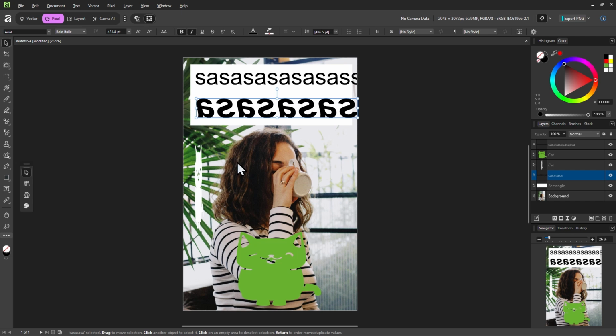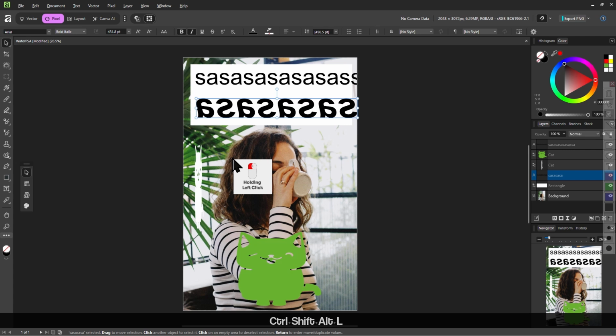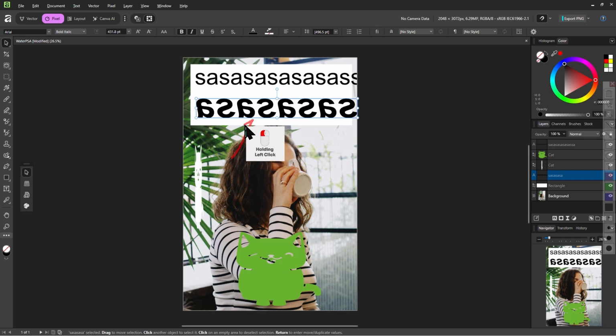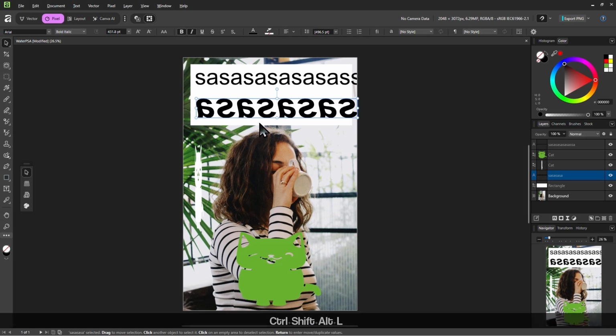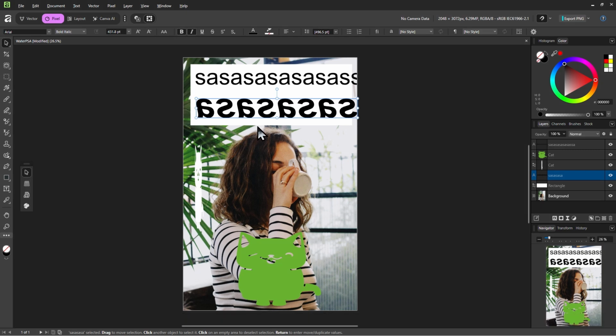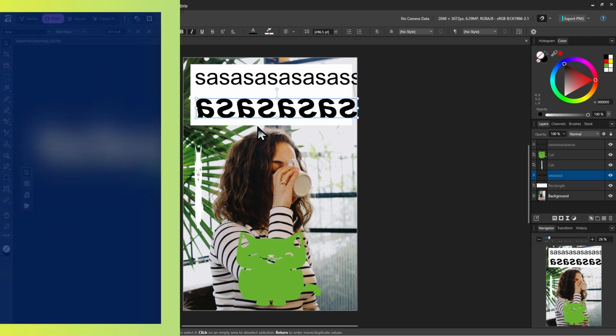So after I deleted that cat, you probably noticed the bounding box moving over to this reverse sasa text. That's normal, don't worry. When you delete something after selecting it, it might select something else automatically.